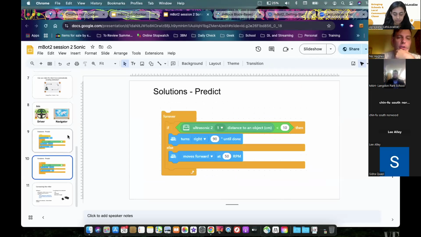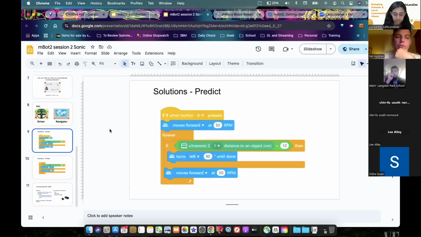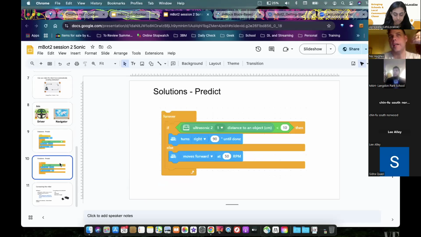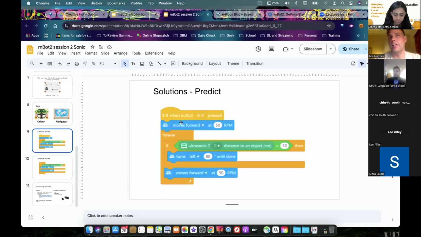If you do an upload, you'll need a block at the top. If you haven't got a direct connection to the robot, you can't do this direct drive where you just do something quickly, hit a button, and it just works. So you always have to make sure you've got an event at the top, like when a button is pressed or when the joystick is pressed, if you're using upload mode. But as I said, I don't use it very often because I want the robots to be live connections so I can do stuff with it.